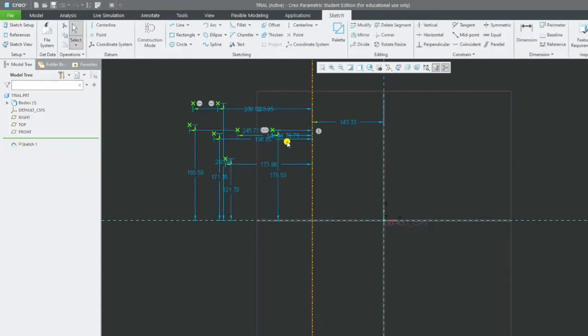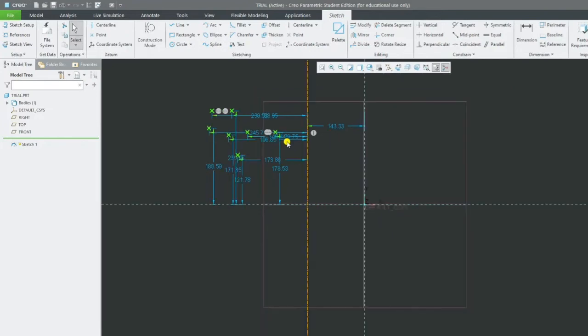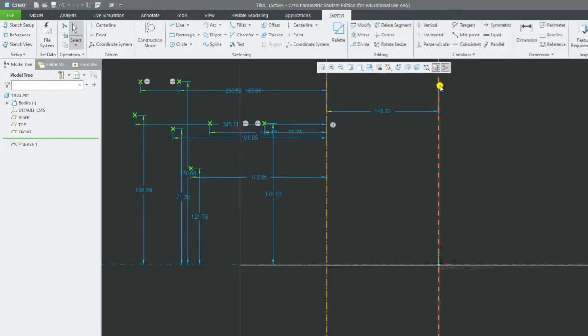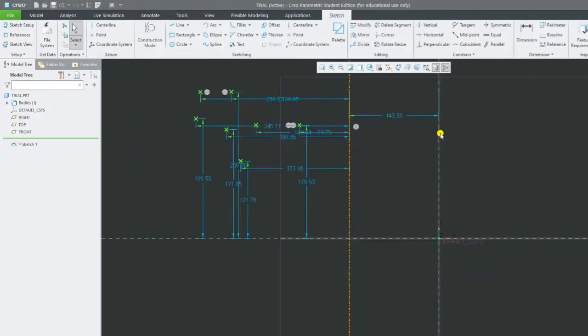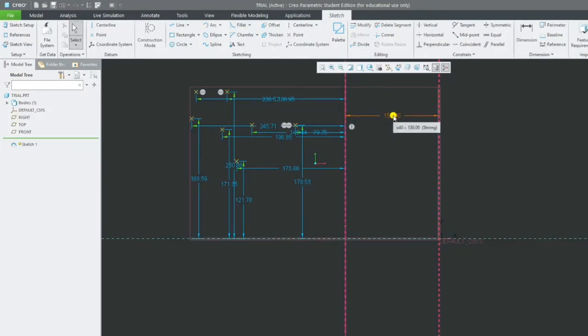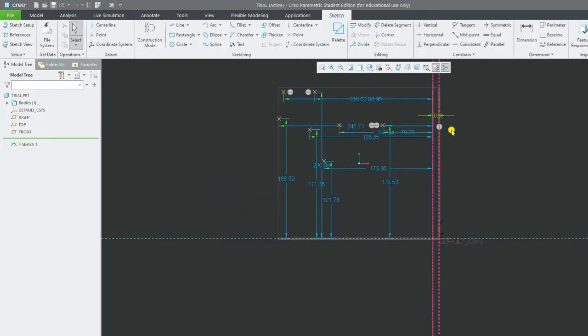By default it's showing some dimensions. What are those? They are showing dimensions with reference to the x-axis and y-axis. You can double click on this one and you can change it. If I change to 150 and press enter, it will change it. Now it becomes 150. Now I want to make it 10. I type 10 and enter. It will become 10 here. So this is how we can modify the dimensions of center line and point.